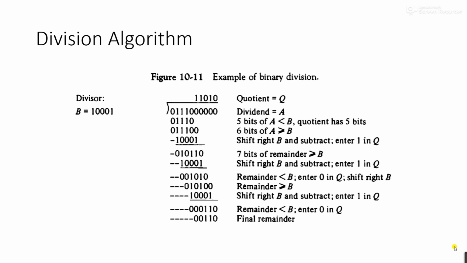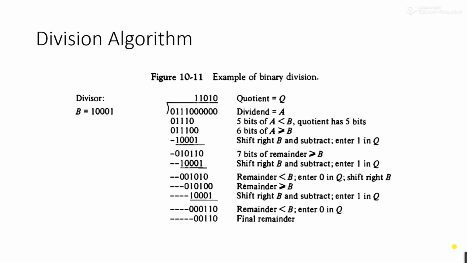Now we have a little bit of a reverse operation of multiplication. In the case of multiplication we mostly need to do additions, and in this case we also need some subtraction. The shifting is also reversed: in multiplication we do shift right, and in this case we need to shift left the dividend.